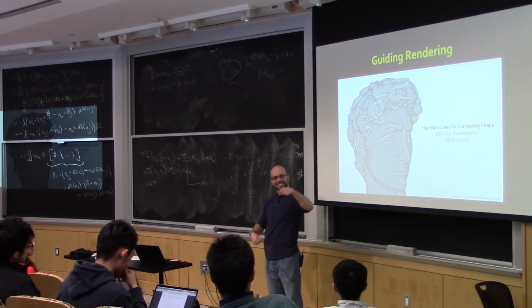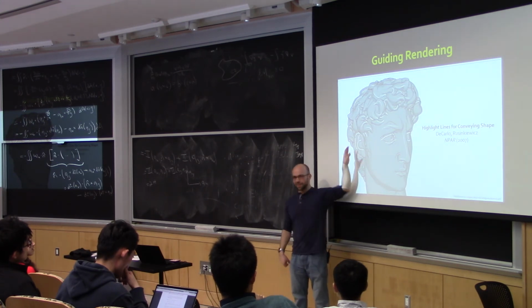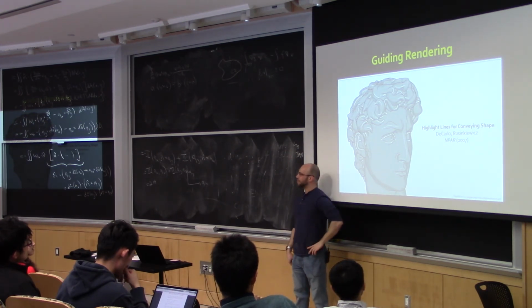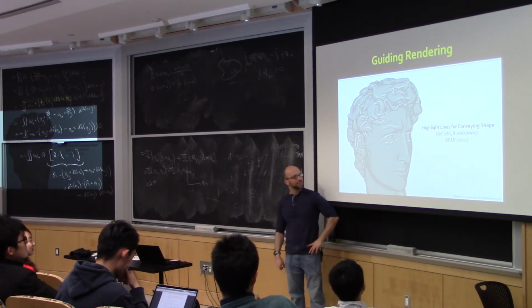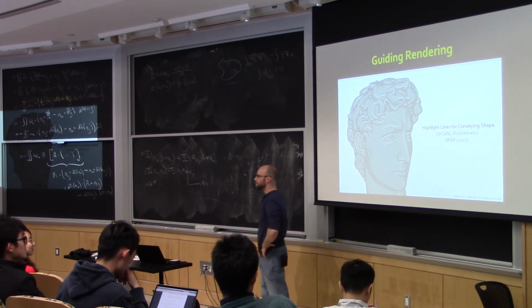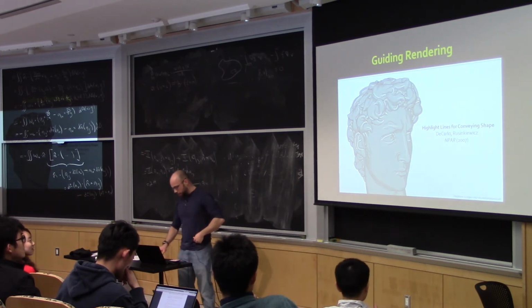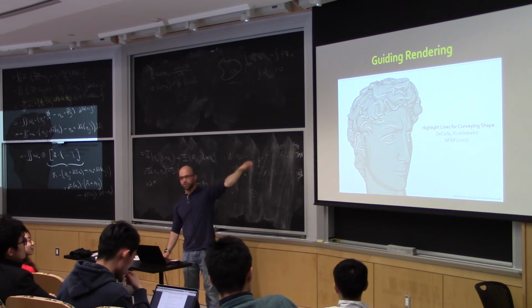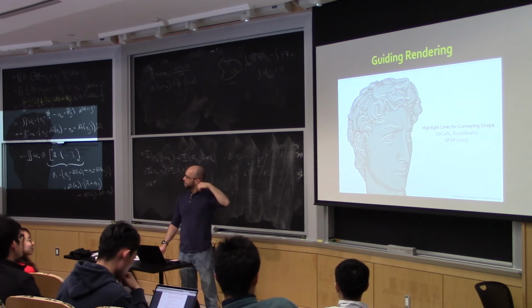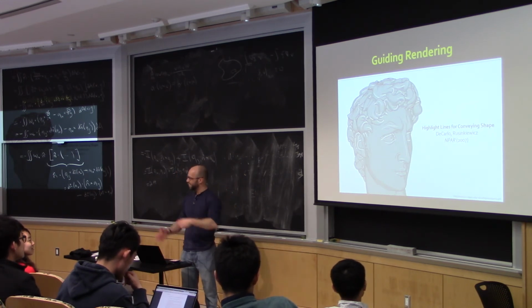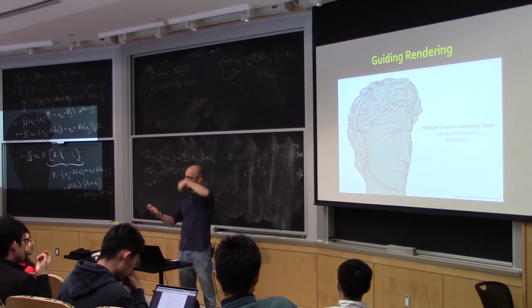Gestalt, whatever kind of discussion. There's a lot of talking about principal curvature and direction and so on to identify interesting curves on surfaces to render. And so a lot of the algorithms for finding interesting lines to draw and so on, the very first thing they do is compute principal curvature direction and then use them to guide some kind of stroke procedure.